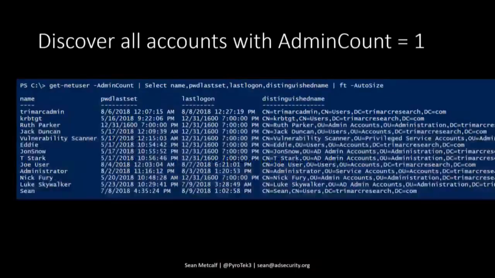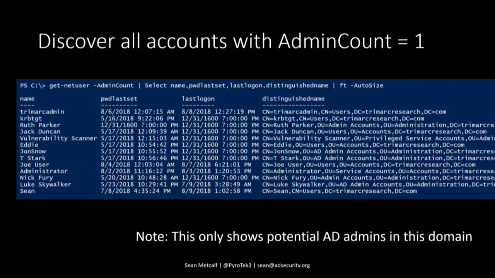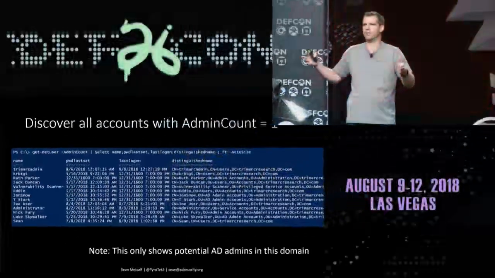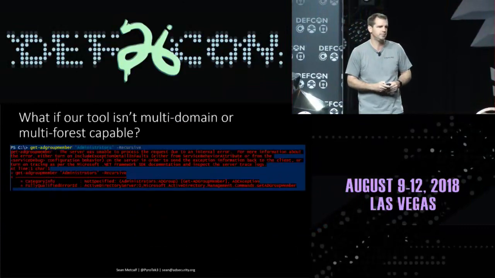The administrators are. So the other way that I've talked about discovering admins is by using adminCount equals 1, right? Great. We look for any account in that domain that has the adminCount attribute set to 1. Active Directory has a process that goes through and enumerates the most privileged accounts and groups in the domain, and then flags them, puts some additional security permissions on them, and flags them with adminCount equals 1. The issue here is that if you're just looking for this, that's only in that single domain. So in a multi-domain forest, you're going to miss all of the others. In multi-forest environments, you're going to miss the others as well.